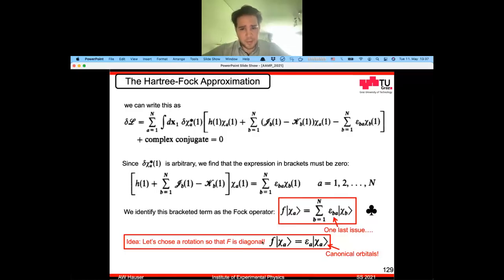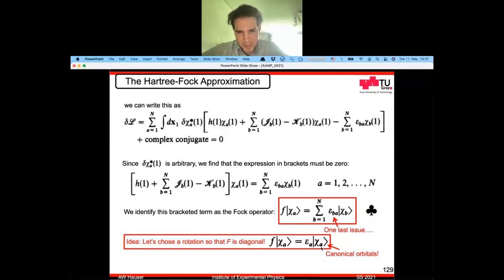I'm just saying that we are solving the eigenvalue problem for the Fock operator. We're just looking for eigenfunctions of this Fock operator. And this set of functions, or of orbitals, that we obtain are called the canonical orbitals. And so we are now almost at the end, because this is now the set of